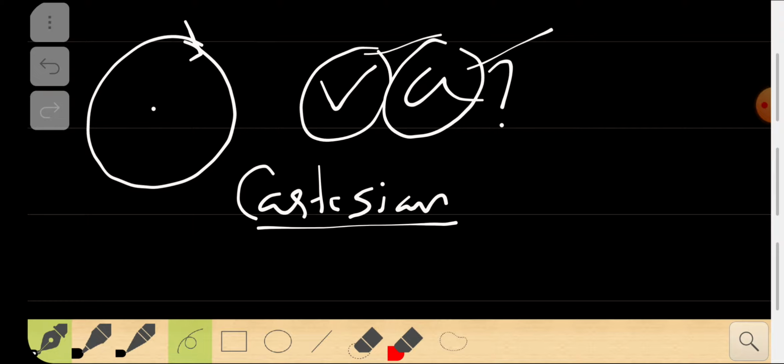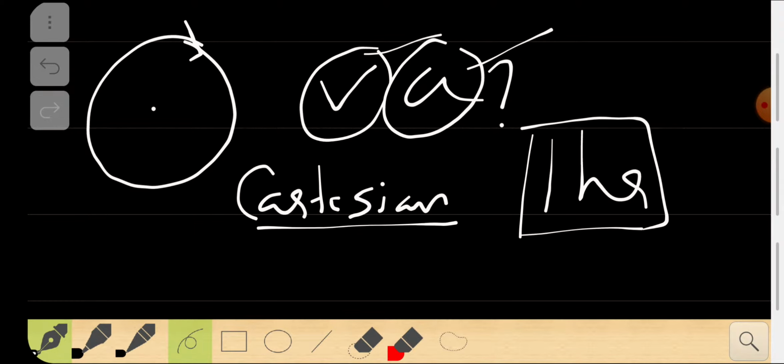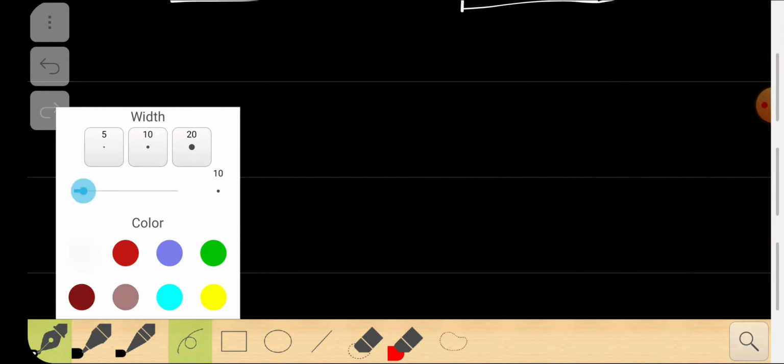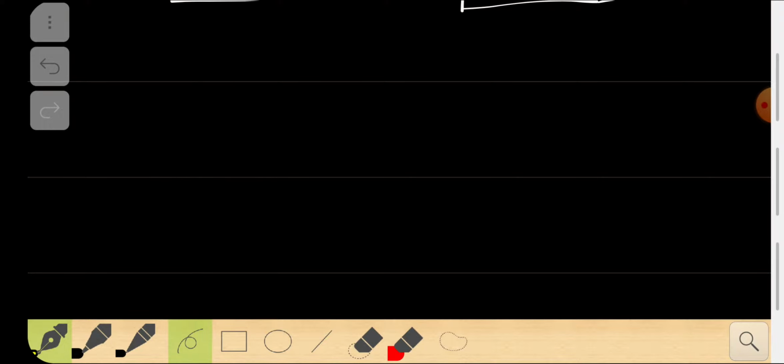We took almost 1 hour explaining the derivation, the actual derivation of all the acceleration and velocity vectors. Now I'm going to explain them and demonstrate a problem for you guys. So that's the plan of this lecture.